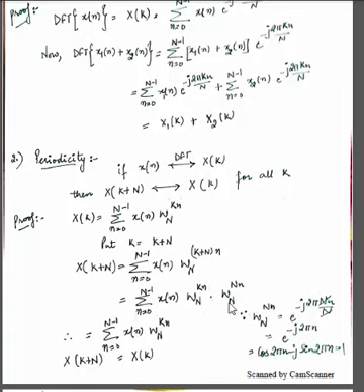So put this value into this, it becomes summation n from 0 to N minus 1 x of n twiddle factor raised to power k n, and that is the formula of DFT of x of n, that is X of k. Hence proved: X of k plus N is equal to X of k. So these are the two properties of the discrete Fourier transform. In our next lecture we will learn about more properties of DFT.